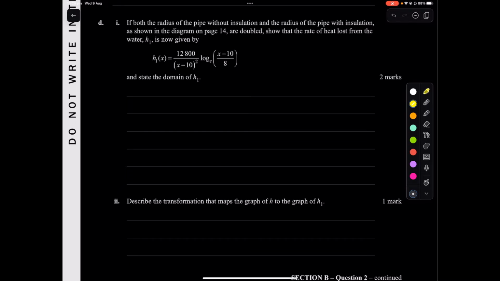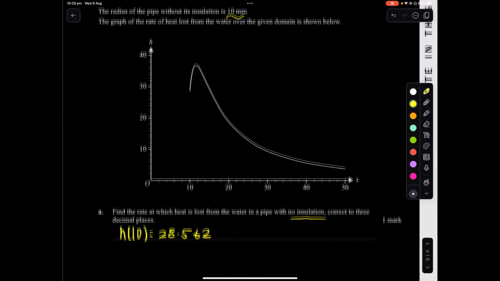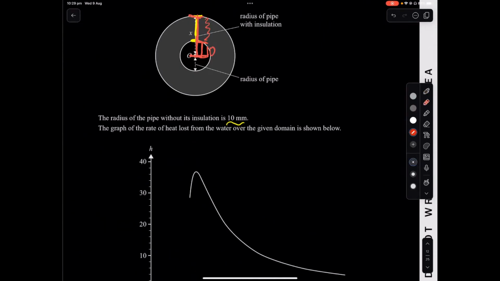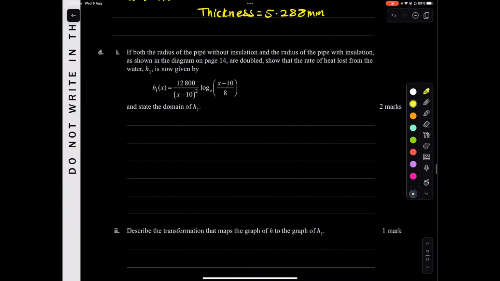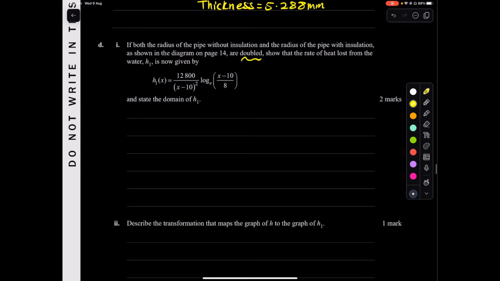Because it is on the radius of the pipe, which is your x here, there is a dilation by a factor of 2, because we're doubling it, parallel to the x-axis,